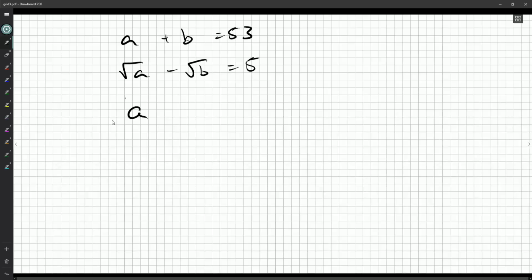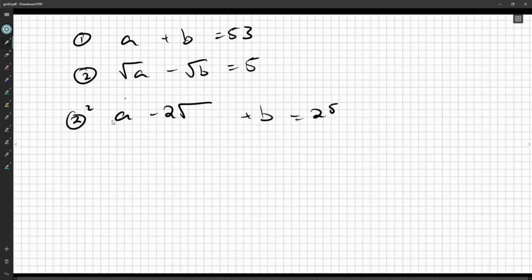Let's square both sides of the second equation. So let's say 1, 2, 2 squared. You're going to have equal 25 over here. Root a squared is a. You'll get a plus b. You'll get a minus 2 root ab. There we go. This is much better, because now I can do